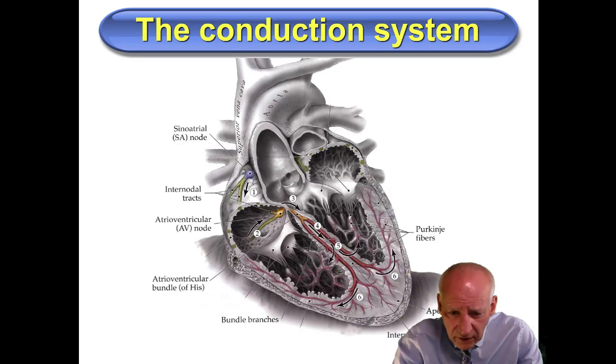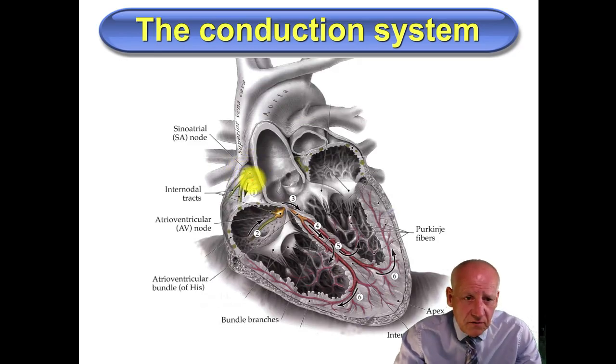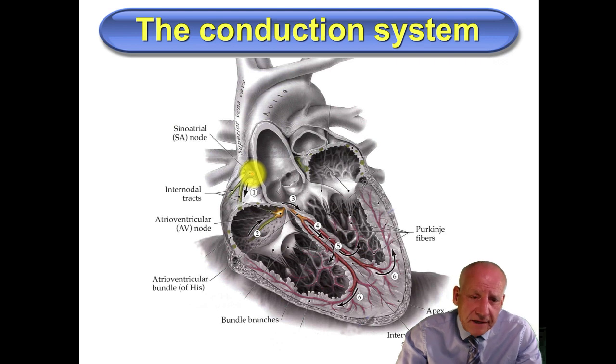Okay, the internal wiring system of the heart, the conduction system, is shown in this illustration as colored tracks. The impulse begins in the SA node, the sinoatrial node. The SA node is about the size and shape of a grain of rice. It's located in the groove between the superior vena cava and the right atrium. And it's the normal spark plug of the heart. The SA node functions as the normal pacemaker of the heart. And about 70 times each minute, the SA node emits an action potential that spreads through the wall of the